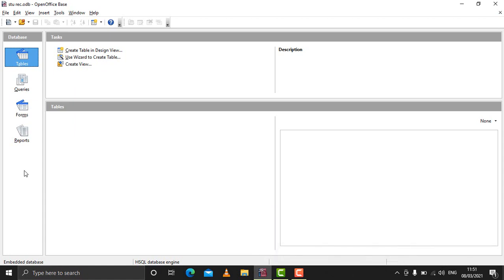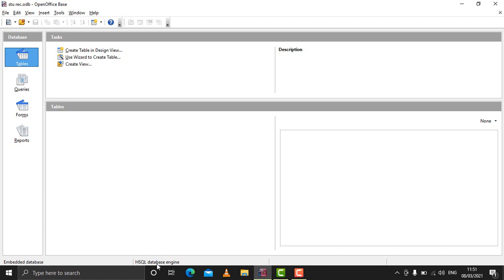And at the bottom most part of the database window we have a bar, and that bar is termed as the status bar. This tells the progress of the database. The progress of the database is displayed in the status bar. So these are the basic components of the database window, that is OpenOffice Base.